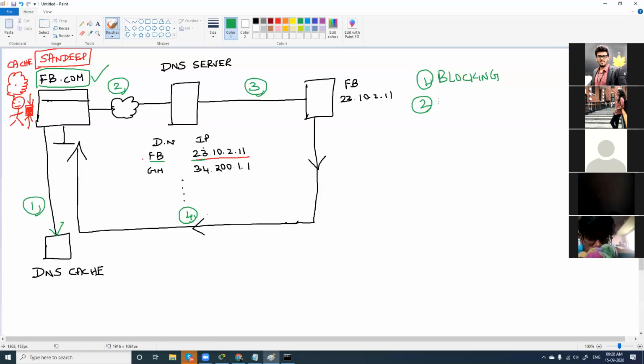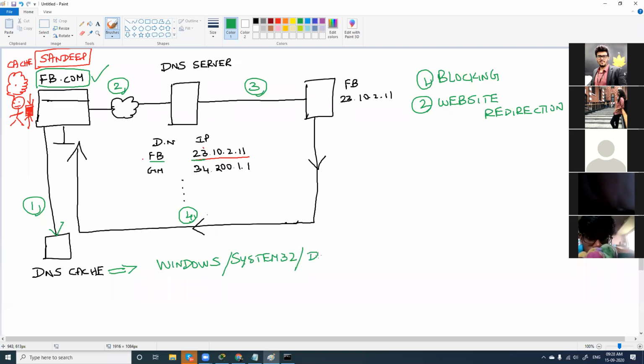The other is website redirection. When someone types Facebook, you can redirect them to Gmail. This can be done with DNS cache, and for this we need to know where the DNS cache is located. DNS cache is located in your Windows. Go to your programs, Windows, System32.